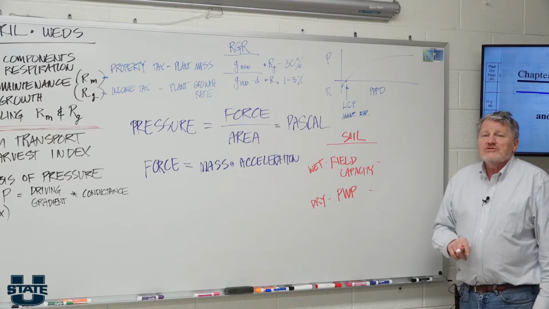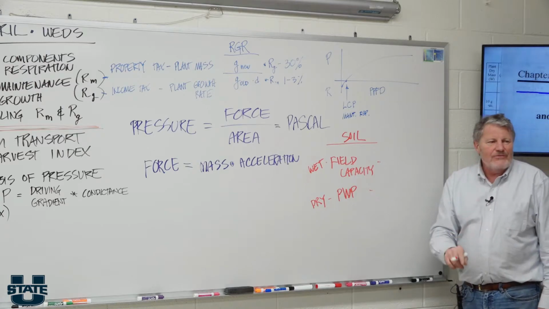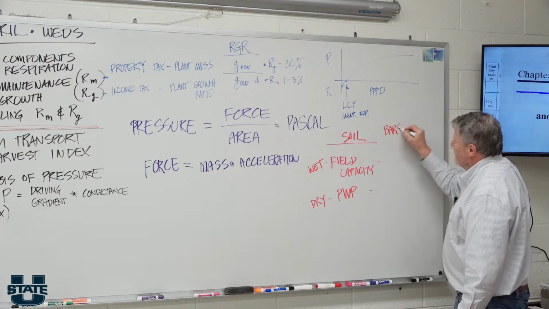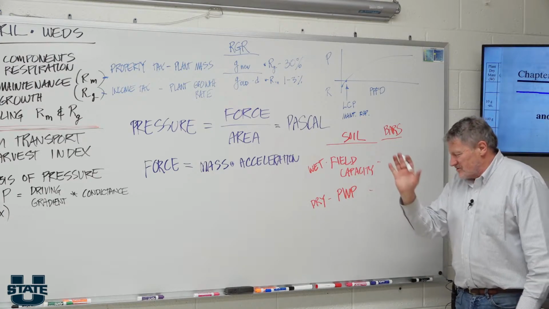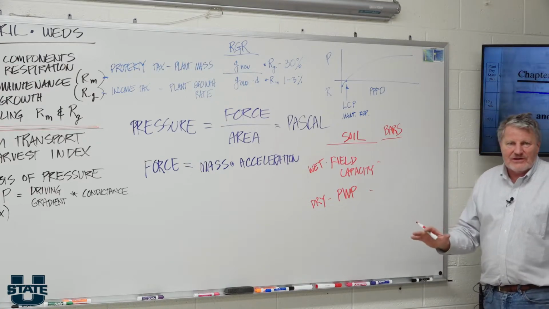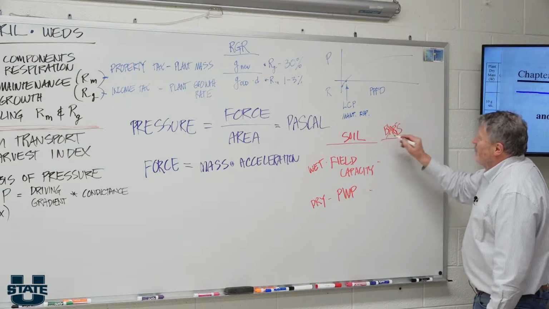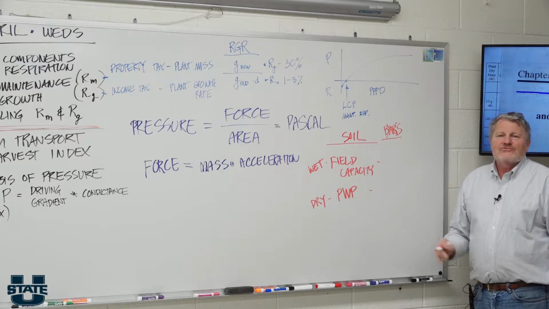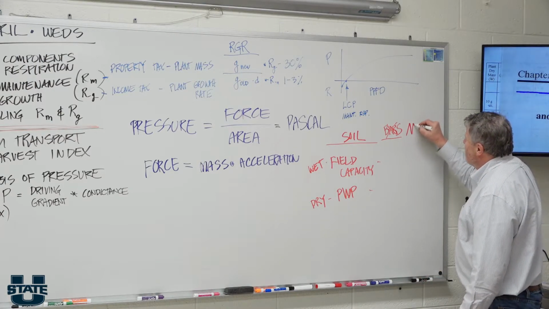So what's the unit we use? If you took this class 20 years ago, we would have said bars. And that's not an SI unit. And it took soil scientists several decades to get rid of bars. And I think it's mostly gone from textbooks. Even though it's a fine unit, it's just not SI. What do we use for SI units? MPa,